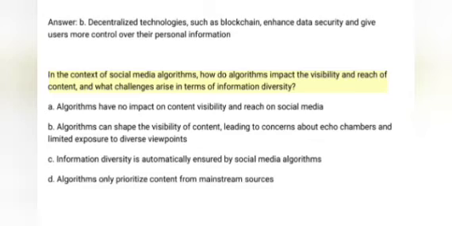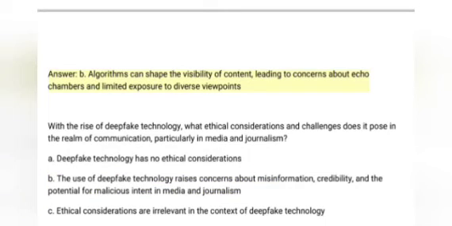In the context of social media algorithms, how do algorithms impact the visibility and reach of content, and what challenges arise in terms of information diversity? A. Algorithms have no impact on content visibility and reach on social media. B. Algorithms can shape the visibility of content, leading to concerns about echo chambers and limited exposure to diverse viewpoints. C. Information diversity is automatically ensured by social media algorithms. D. Algorithms only prioritize content from mainstream sources. Answer: B. Algorithms can shape the visibility of content, leading to concerns about echo chambers and limited exposure to diverse